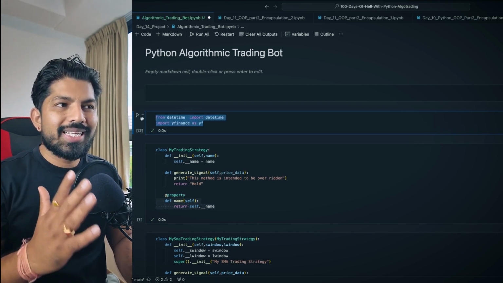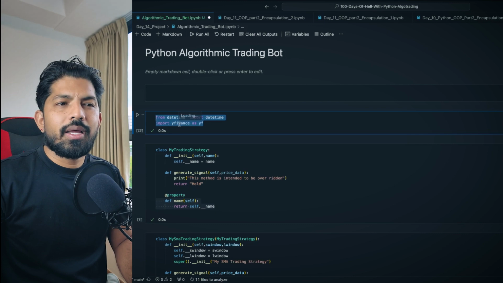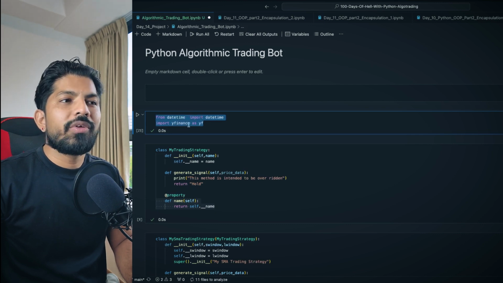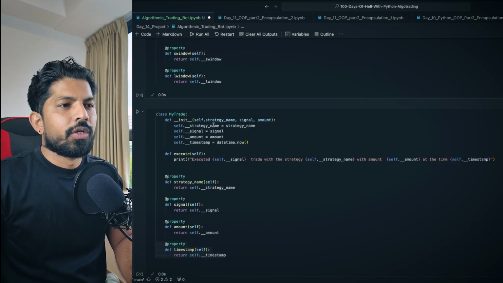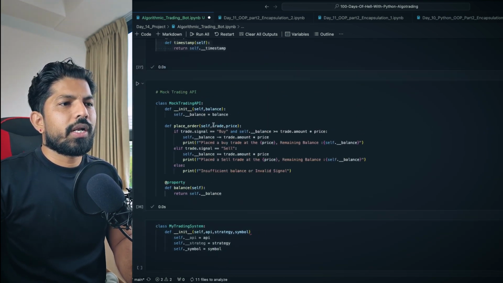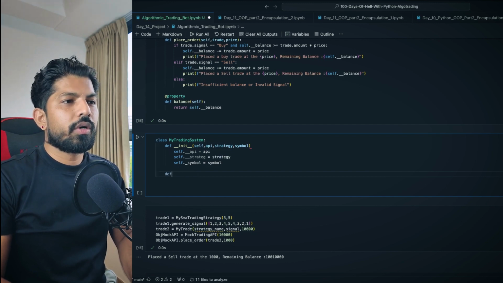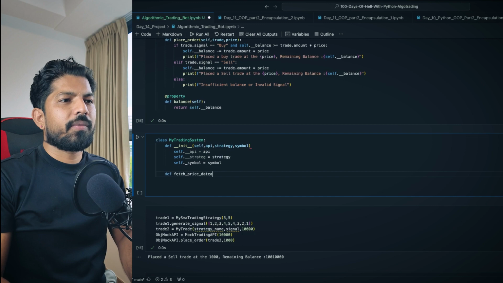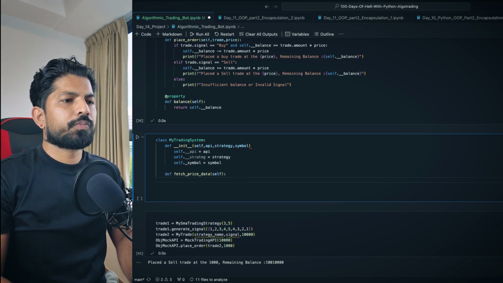yfinance is the library and we are importing that as yf. Don't worry about these. We'll discuss all these in future lectures. For now, just think of this as a library from Yahoo and we are importing that, and we'll use that for the data fetching, right? So how can we fetch the data with the help of that? Now we can define another method. So def fetch_price_data, and here we give self,